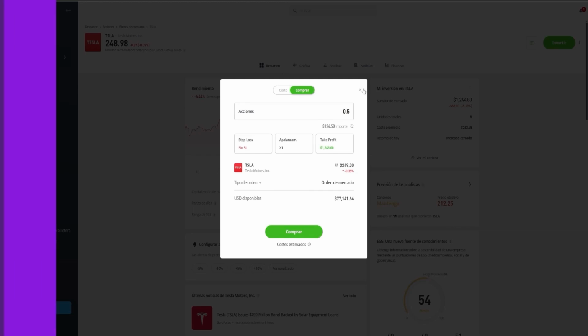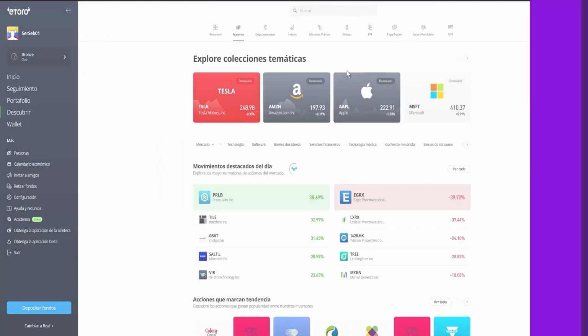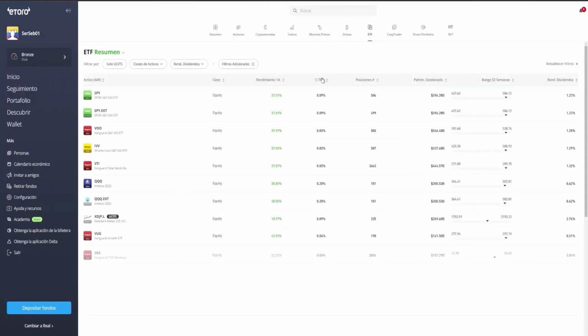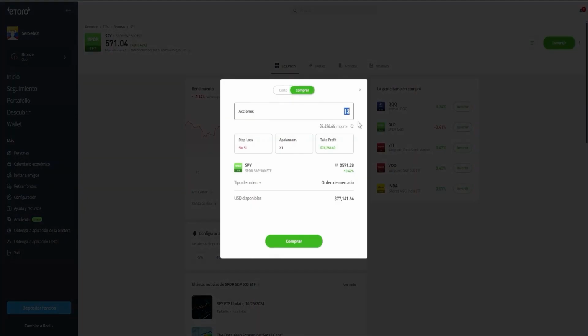The same thing happens not only with individual stocks, but also with ETFs. You can also invest in ETFs fractionally. For example, this one here, which is from the S&P 500, if I click on invest and here I choose, for instance, that I want one share, it will show me the total amount, which matches the one shown here as well. But if, for example, I want to purchase a fractional amount like 0.5 of this ETF, or for instance, not even 0.5 but 0.75, then I would be effectively buying 75% of one full share. I would still be missing that remaining 25% to complete a full share.